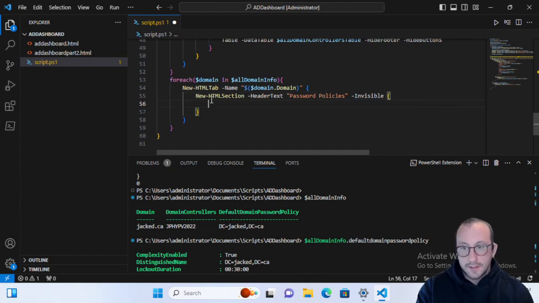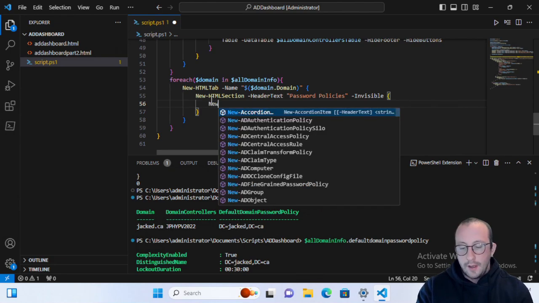So we're not going to even see this. But if you do ever make it visible, at least it just kind of tells you where things are. It's just a little handy in the future if you need to remove the invisible, or if you do actually want it visible, it kind of just groups things together as well. And then we're going to do a new